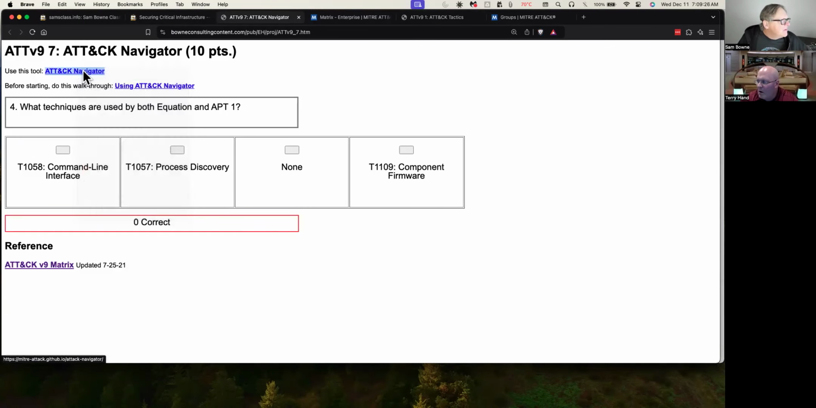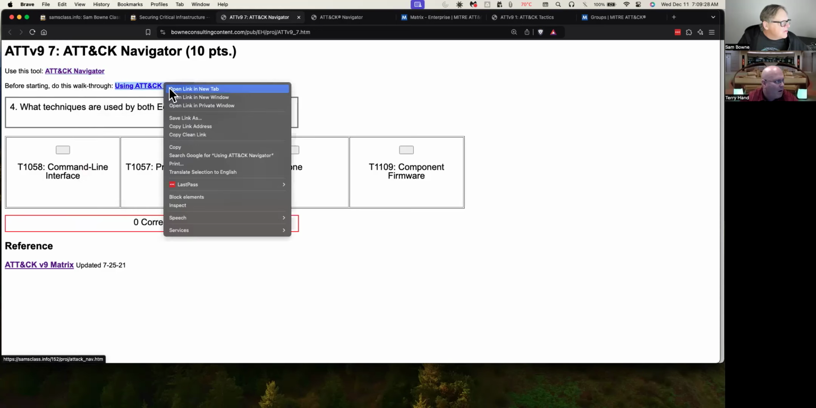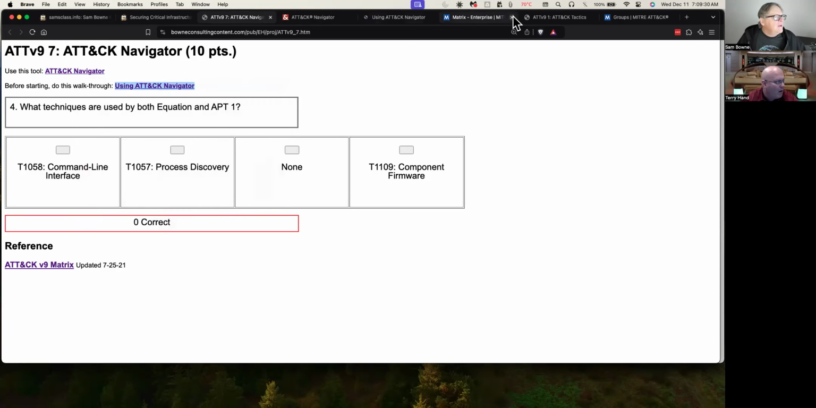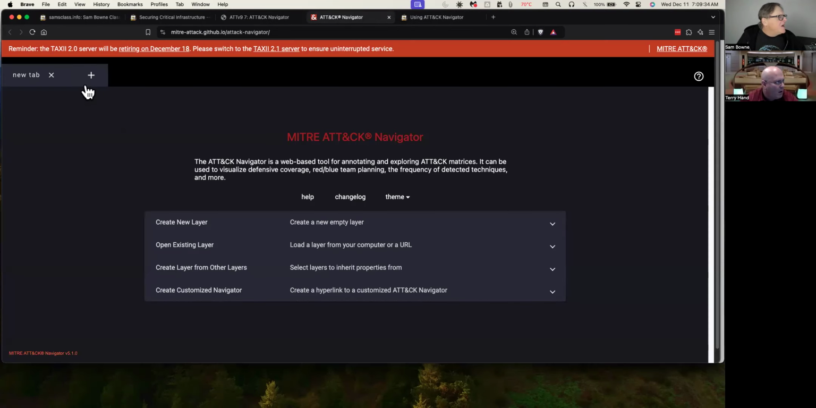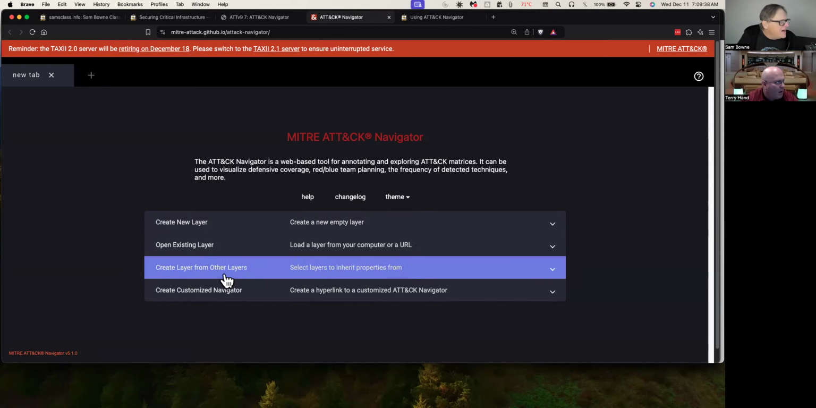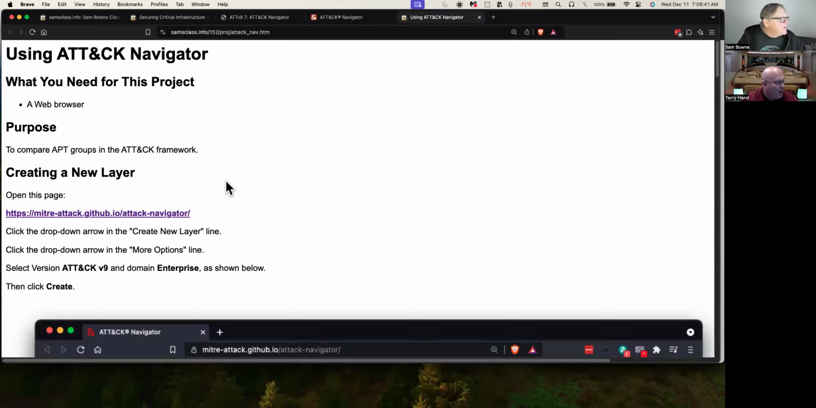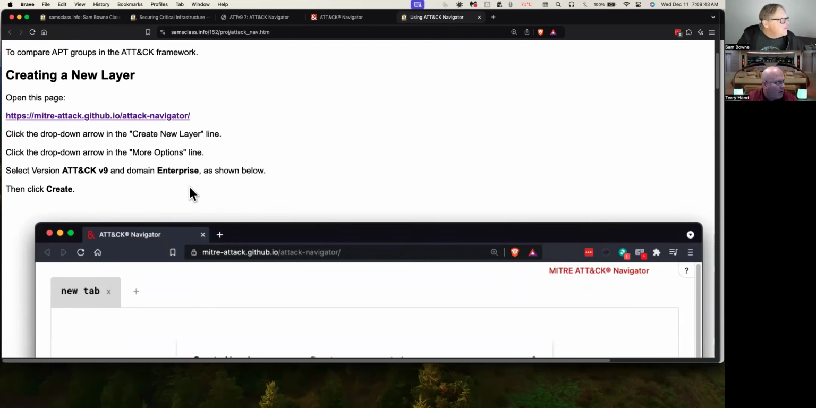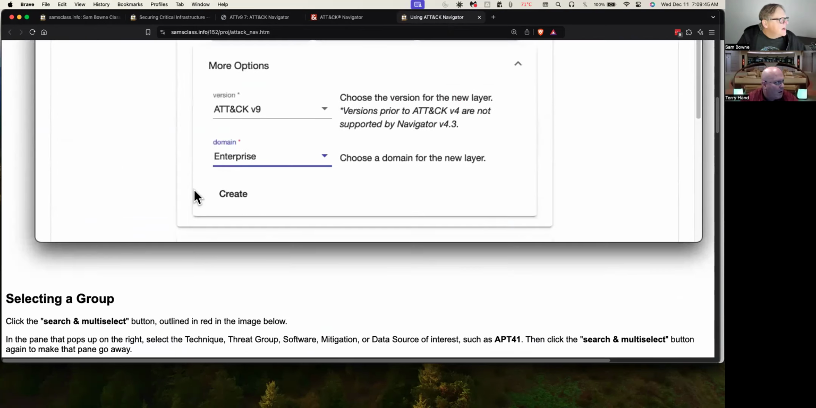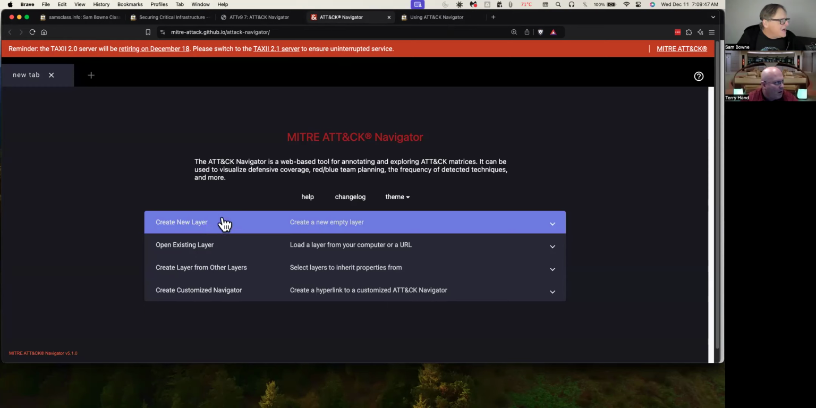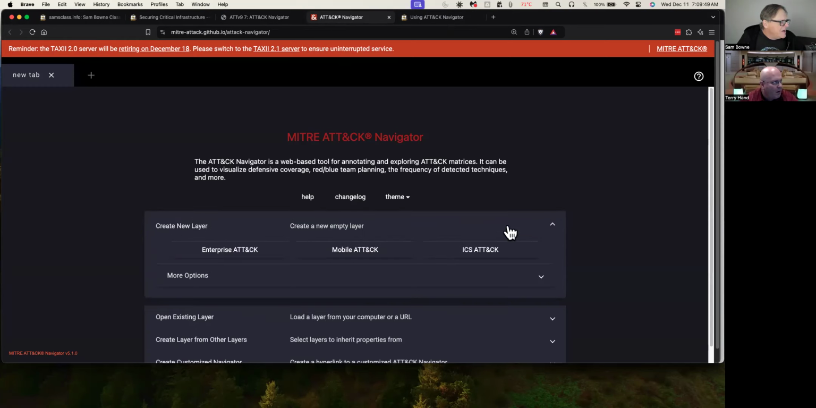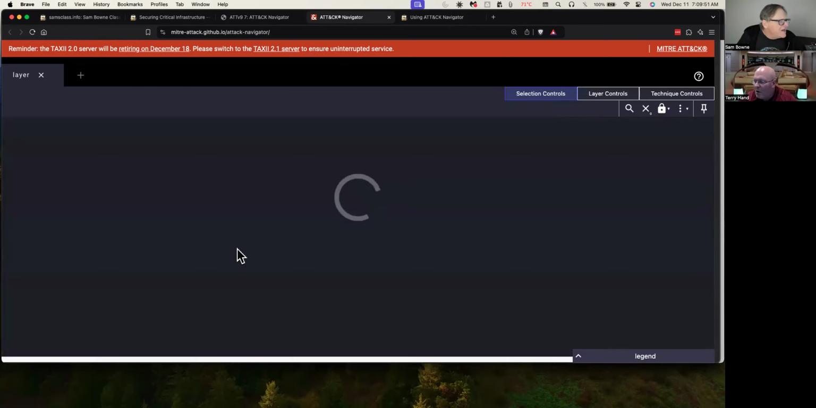So here's the tool, and here's the walkthrough. Let me close these other ones. This is a tool that lets you compare groups. So here I am. No idea what that's about. All right. So let me go to the walkthrough here. You create a new layer, ATT&CK v9. Okay, so I create a new layer, and I want Enterprise ATT&CK,